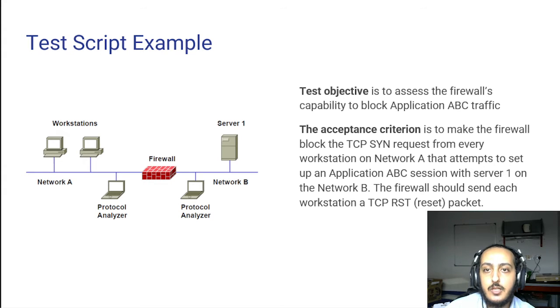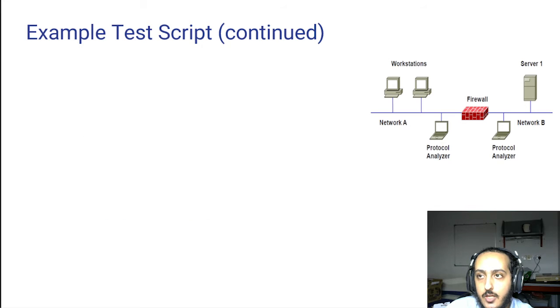Then to set up application ABC session with the server 1 on the network B. And then the firewall should reset this packet. And then I will go to the